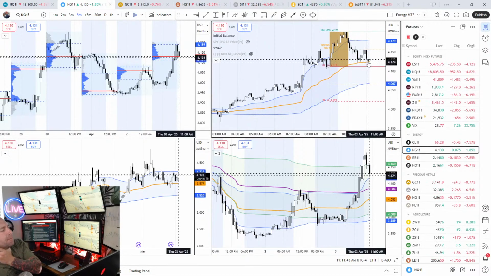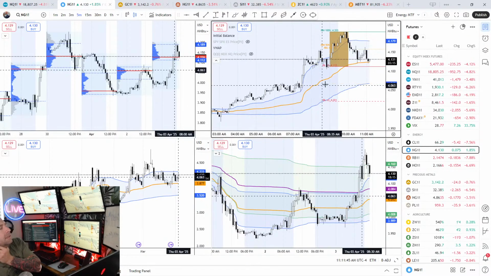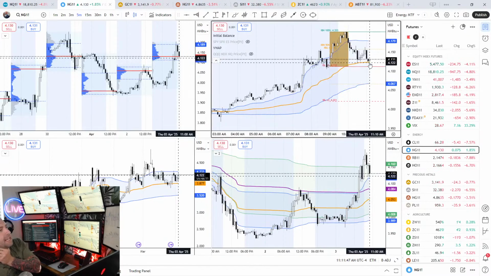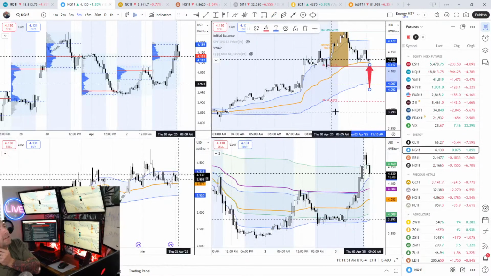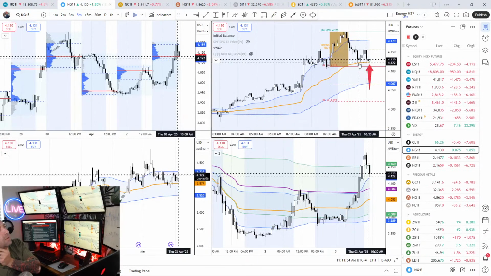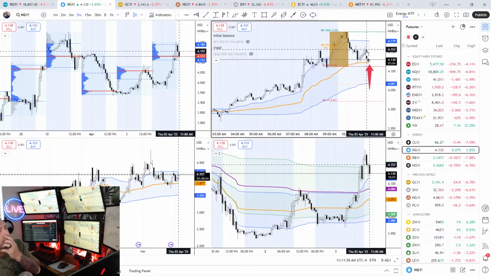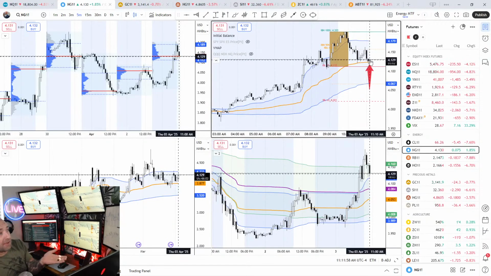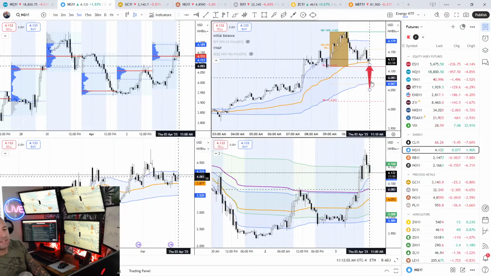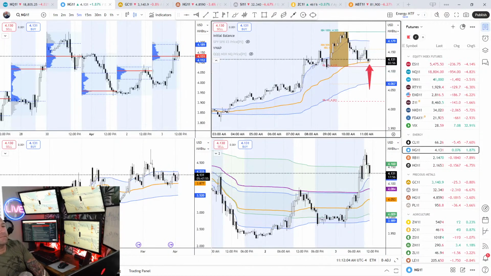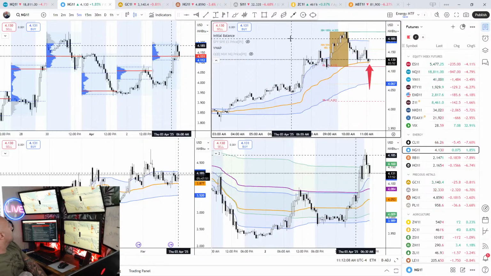So I wouldn't trade this again. We need a new fresh contextual shift, right? We've already taken this trade once. We got a great profit target to IB mid. Now we're back at VWAP. It's not a VWAP bounce anymore. Now this is where it gets trappy. So I would not trade this again. It was a good trade.